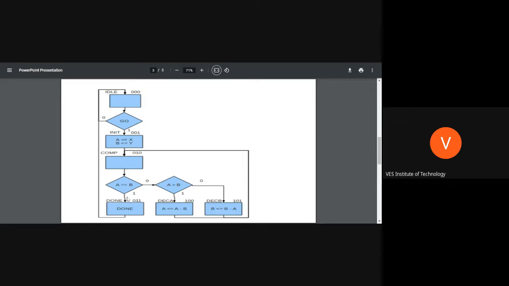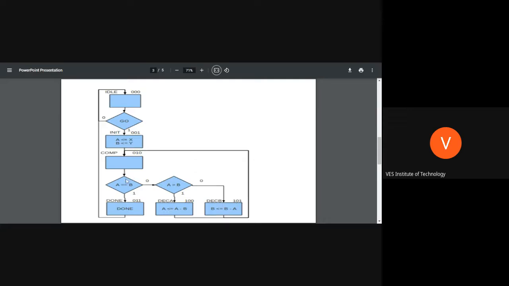If a is equal to b, done, and go back for the next two numbers. If a is greater than b, then perform the operation a is equal to a minus b. If b is greater than a, then perform b is equal to b minus a. So that kind of operations will happen.